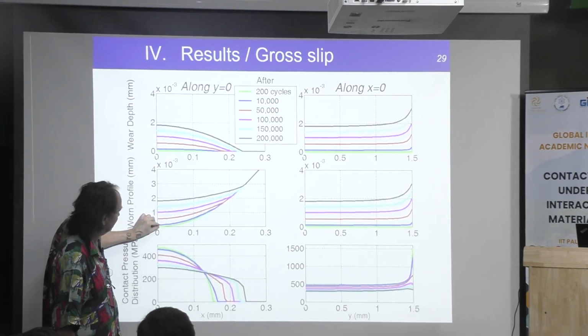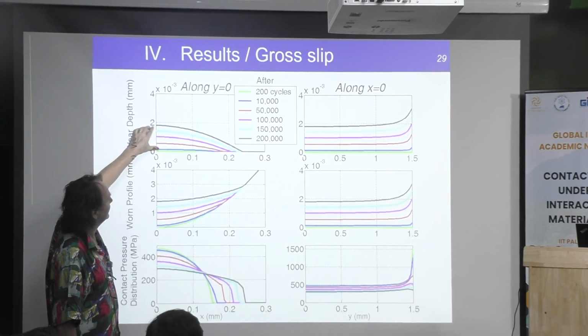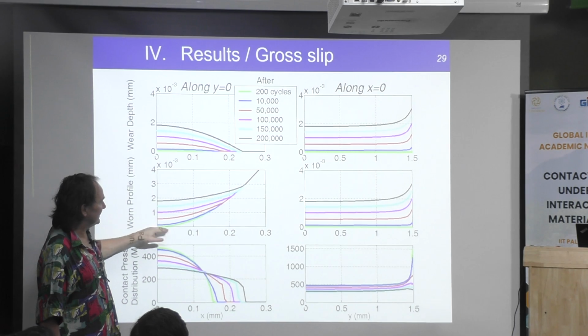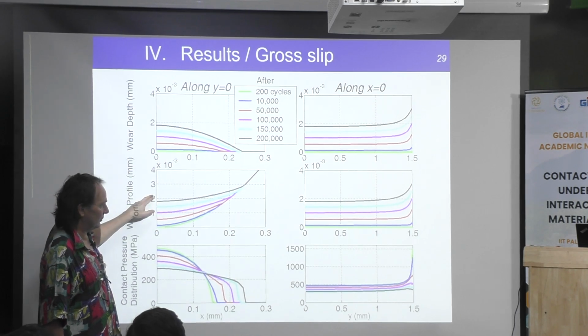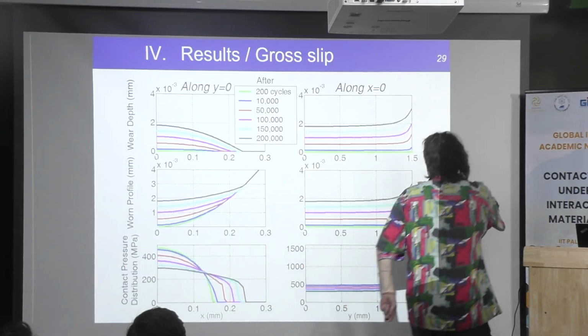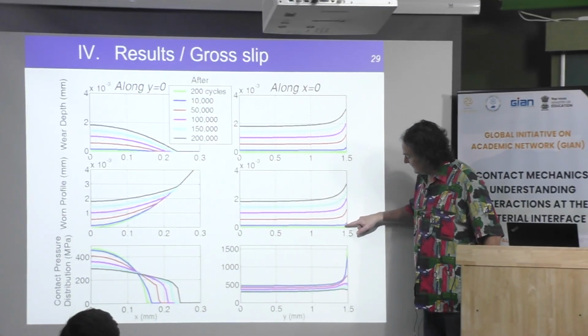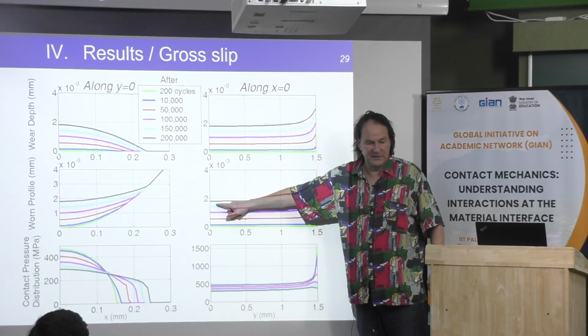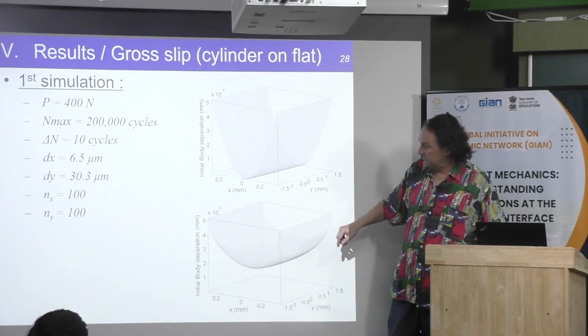This is the difference here corresponds to this one. This is the wear scar, in fact. And you can see that this is in the middle, but also you have a lot of wear at the border of the contact, here, at the extremity of the cylinder. And the wear here is more pronounced than in the center. This is why you have at the end something which is rounded.